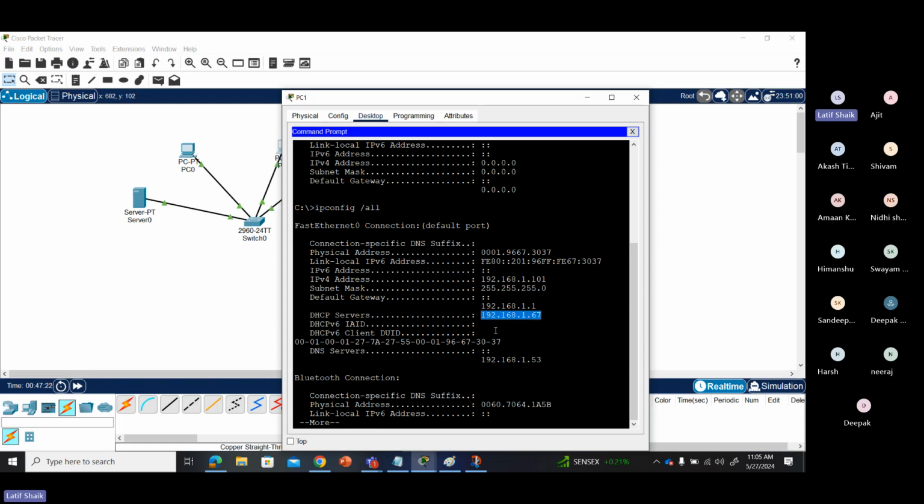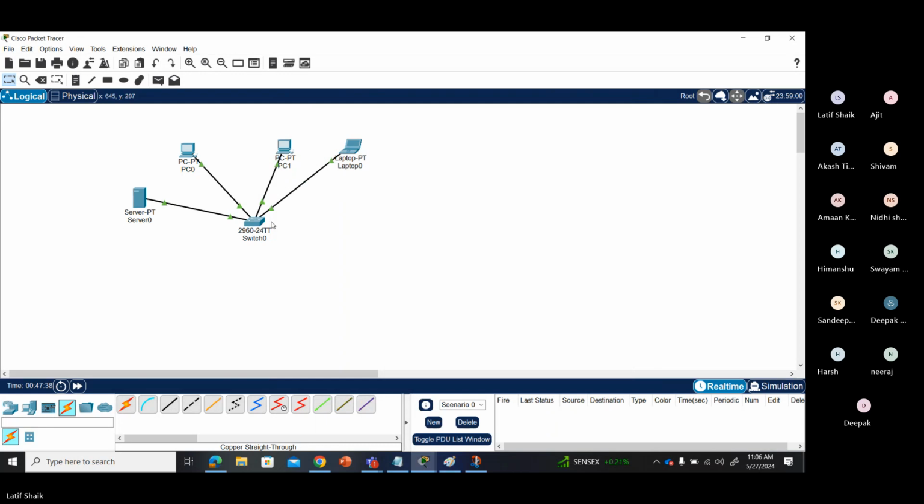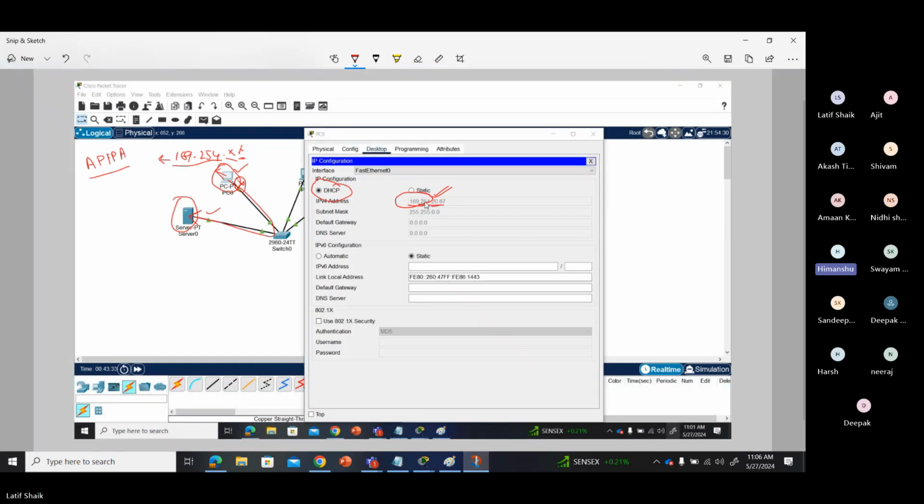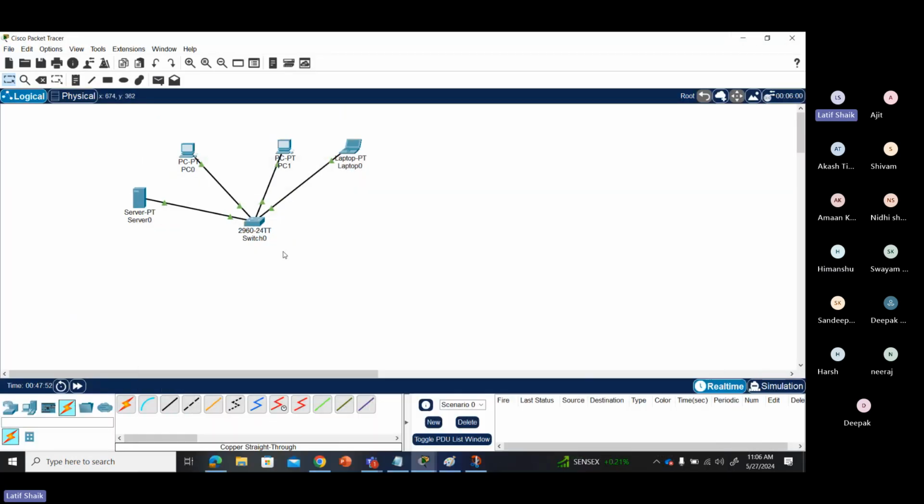So who is my DHCP server? 192.168.1.67 is my DHCP server. And the default gateway is 192.168.1.1. Okay, guys, understand DHCP and how it is configured. Yes, sir. Okay, now DHCP is working. The issue is automatically resolved. If the issue is not automatically resolved, you have to enable and disable, or connect and disconnect, or use